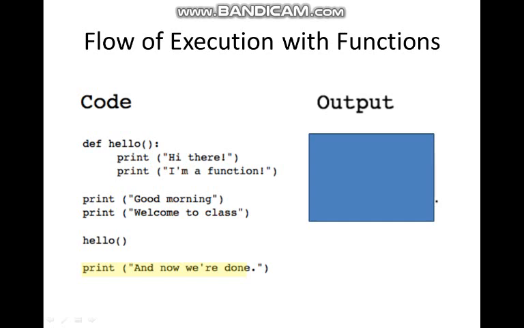And so 1, 2. So what will happen when you save this program file and you hit the F5 function key, you run the program? What will happen first? First of all, this function will be defined, right? And the first command will be this command that will be executed. These will not be executed right now, because they will only be executed when the function is called. How do we call a function? By writing the function name here. So the function is being called here. First, it will read the first statement, print good morning, and then print welcome to the class, right?